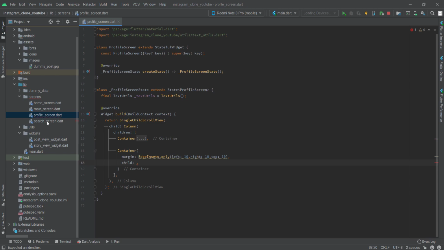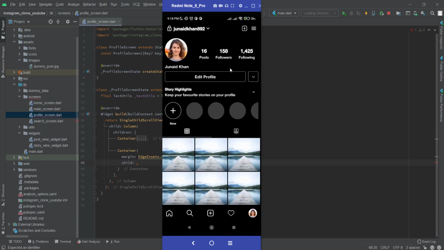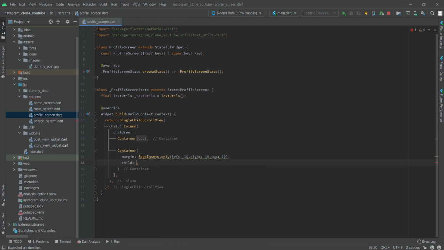Okay, but now we need to use row again because as you can see there are 2 children and both of them are in horizontal order, so that's why we can use row for this. Row, children, and expanded again, flex 8,